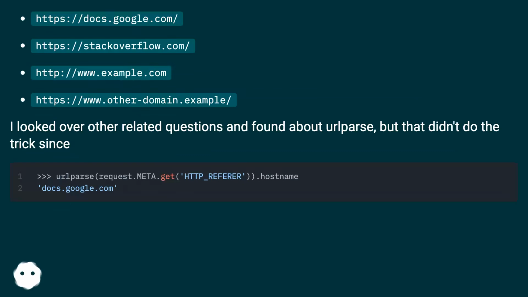https://docs.google.com, https://stackoverflow.com, http://www.example.com, https://www.otherdomain.example/. I looked over other related questions and found urlparse, but that didn't do the trick since